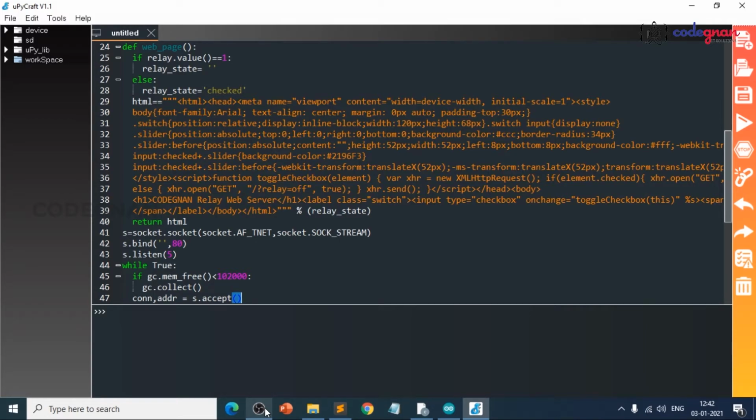This function will accept all the requests coming from that IP which MicroPython generates here.